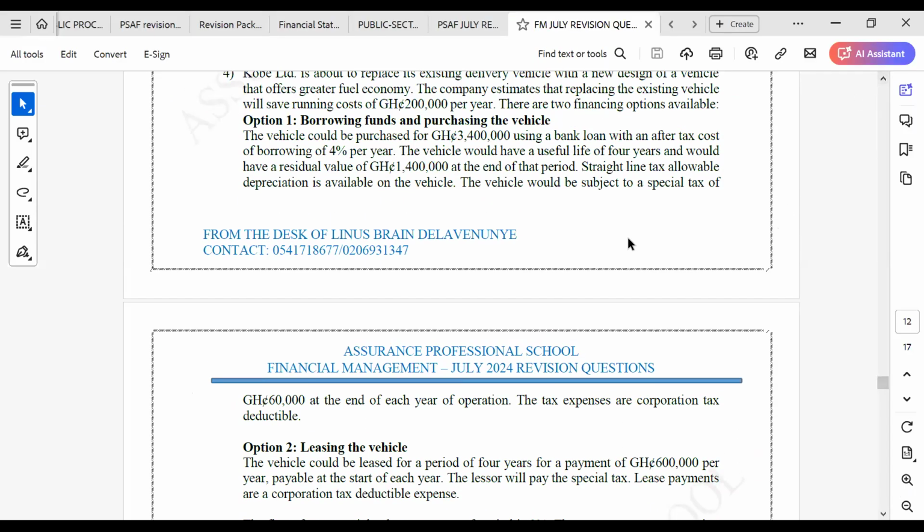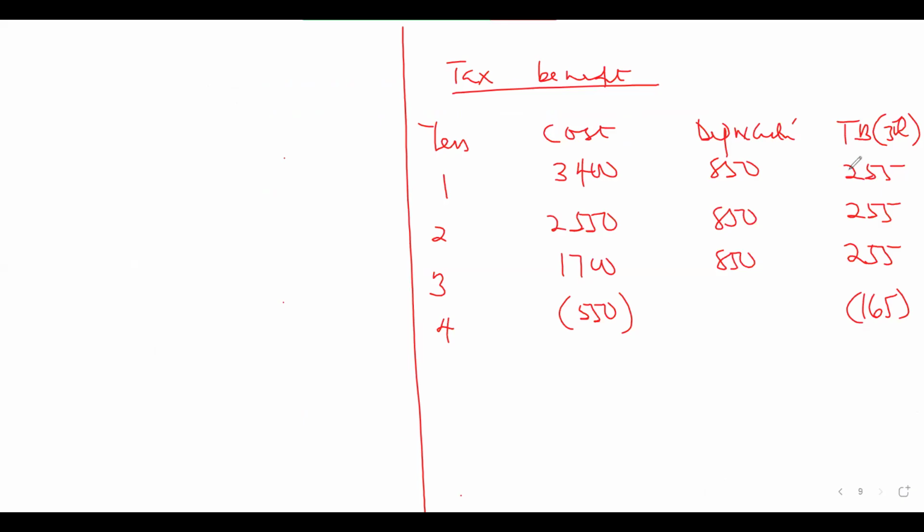I was asking about the depreciation. If it is a straight line, we are supposed to deduct the scrap value before we apply the depreciation, right? You'll be getting the same answer as the final one. So if you calculate that and put your total tax together for the 4 years, you'll get the same.